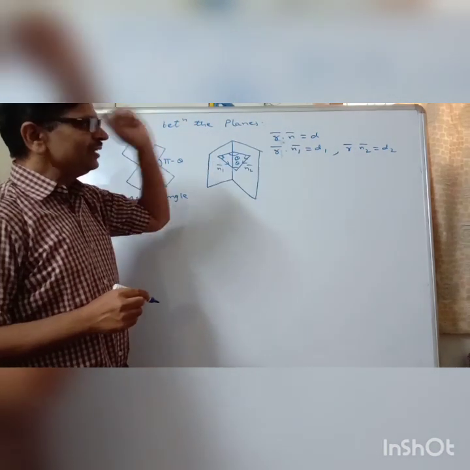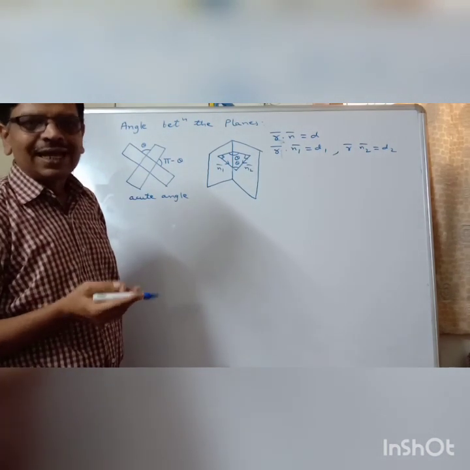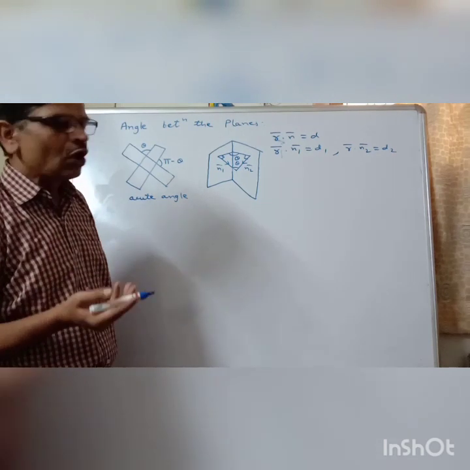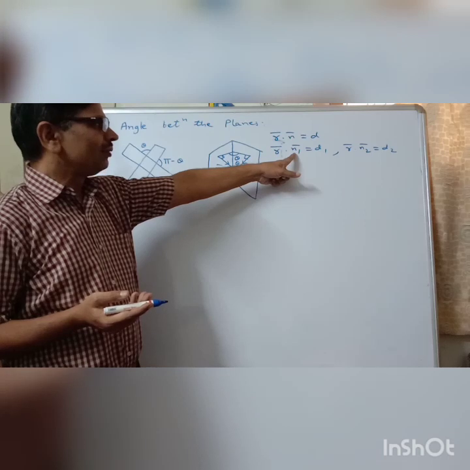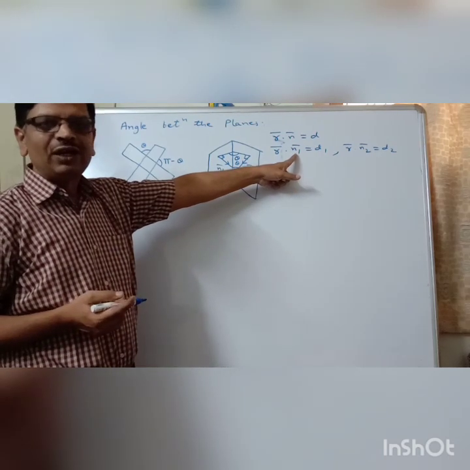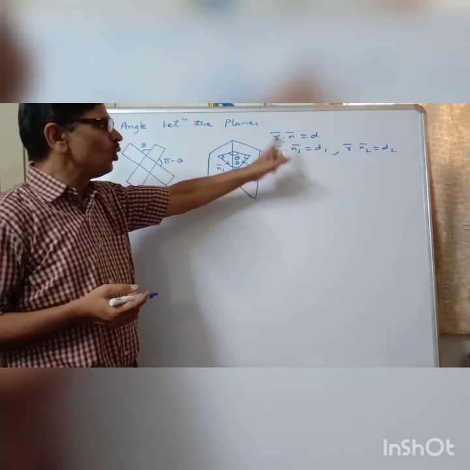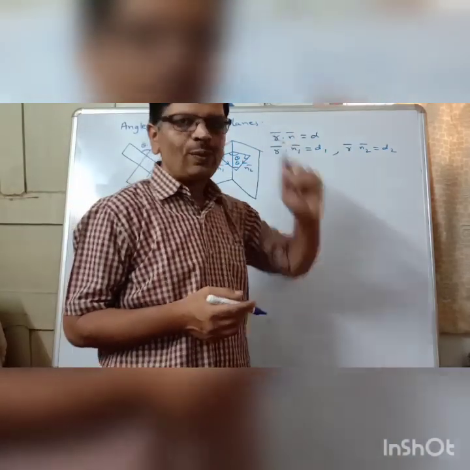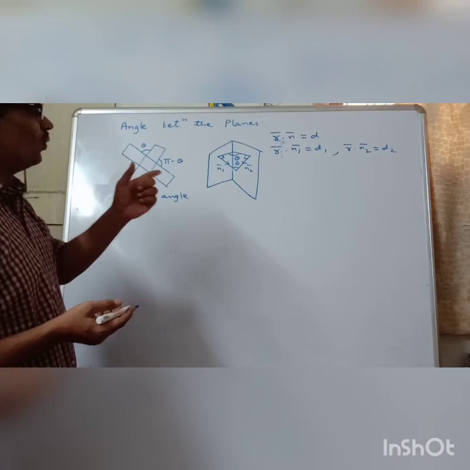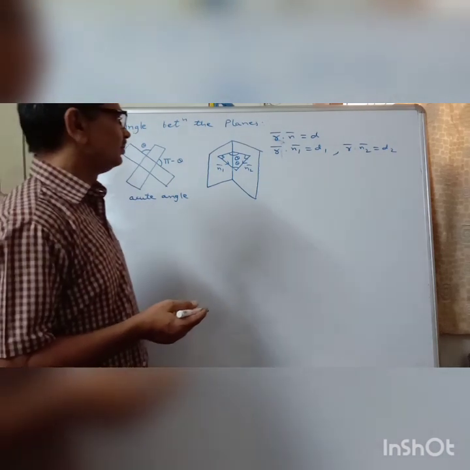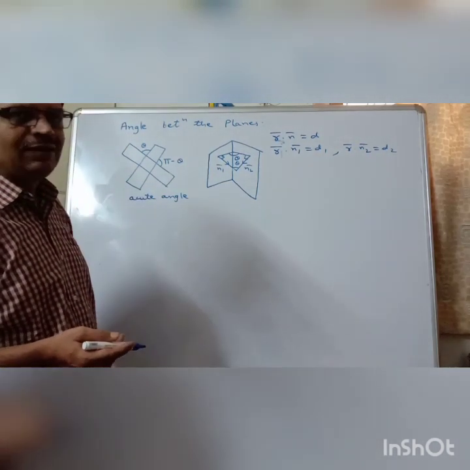The angle between these two planes is the same as the angle between their normals. Here n1 bar is the normal vector to the first plane, and n2 bar is the normal vector to the second plane. To find the angle between them, suppose theta is the angle between them,